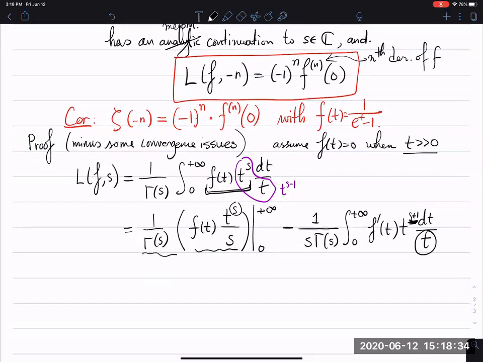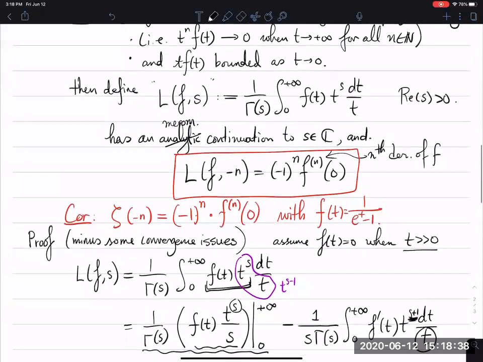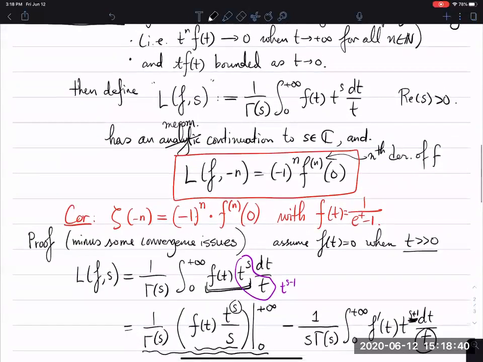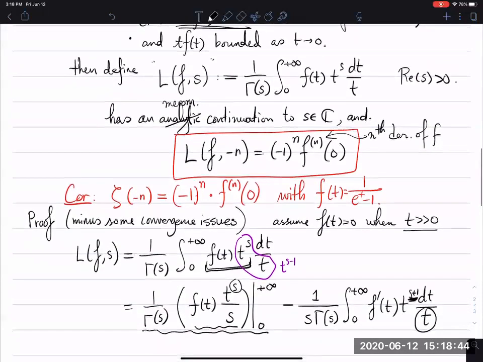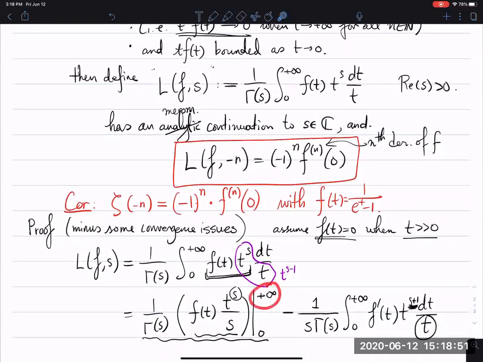Now let's look at the first term here. This is where the convergence conditions over here come into play. Well, if t is large enough, this goes to 0, and I can even assume it's 0. So at infinity, this is just 0. On the other hand, at 0, the same condition tells me that this will also go to 0, because my s,